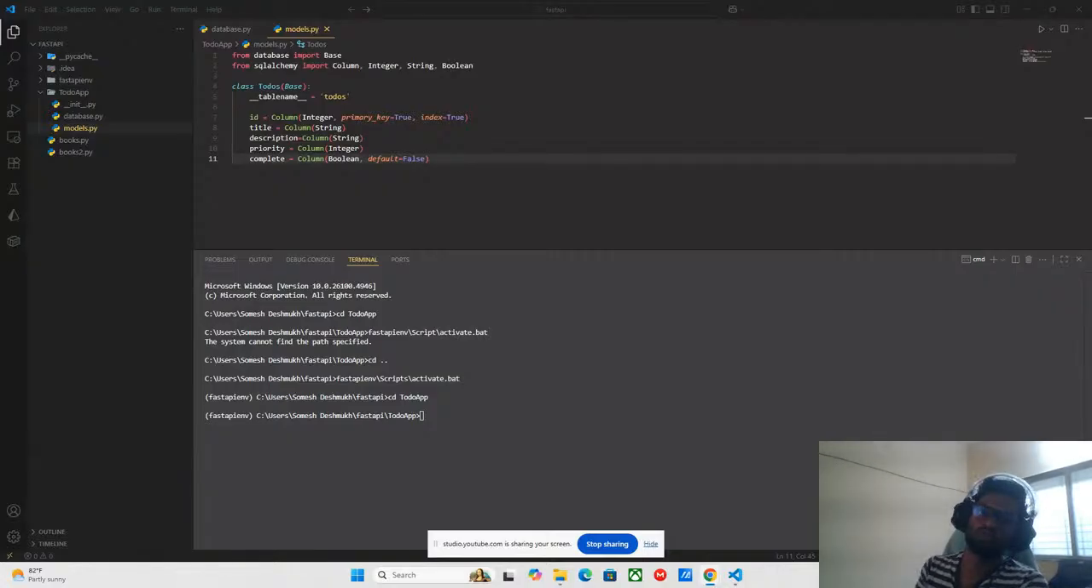So, required imports: we have two required imports. From database we imported Base, and from SQLAlchemy we imported Column, Integer, String, and Boolean. Database model class: we have a class defined over here, ToDo, and inside that we have passed Base. The table name is going to be todos, that shall be reflected inside the database, and the columns